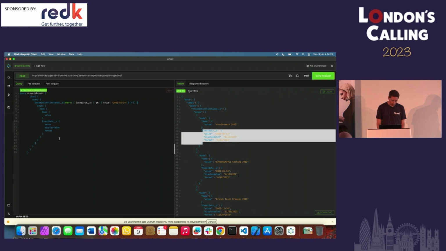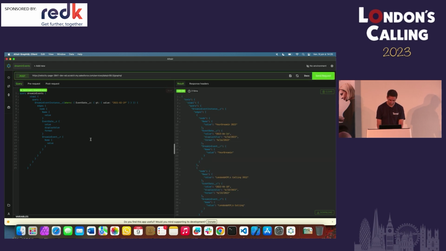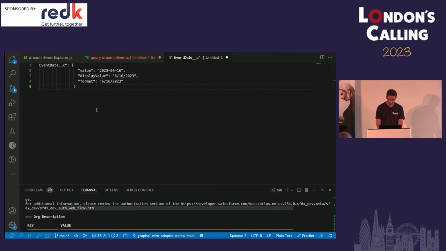And you can also get a relationship. So let's say I want to go to dreaming event. So there is dreaming event _ air, and then same. Can get the name, can get the value. Every time I type a letter, it autocompletes for me. I can send the request. And I don't really have to care about